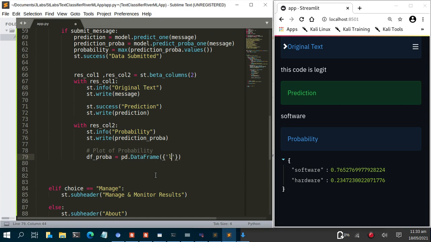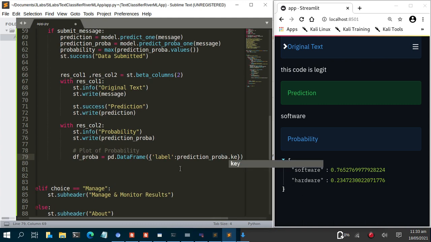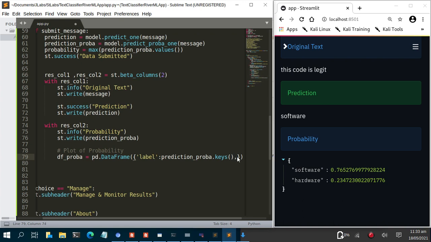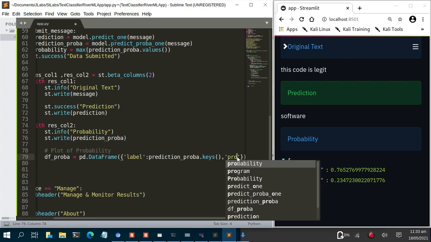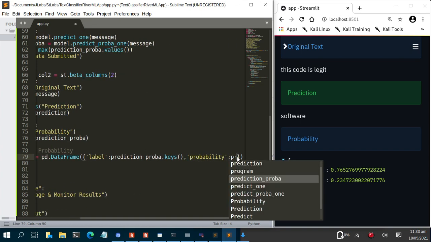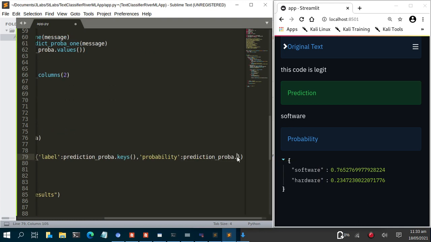So let's give it my label, right? Which is going to be my prediction probability.keys, right? So these things .keys. This one, software and hardware, is going to be our label, right? That's going to be our label. And then this one is going to be the actual probability, so probability, and this one is going to be the predict probability.values,